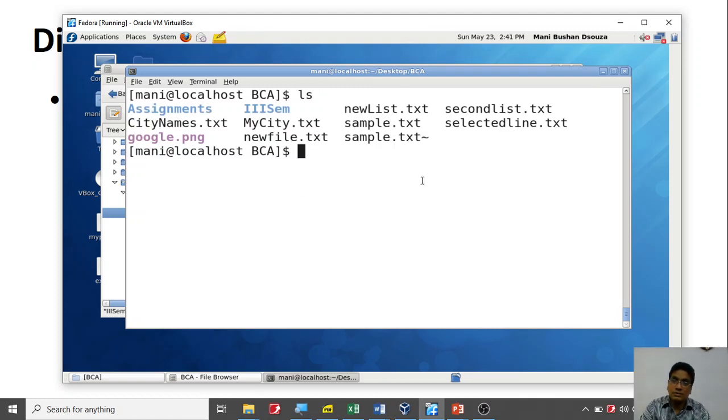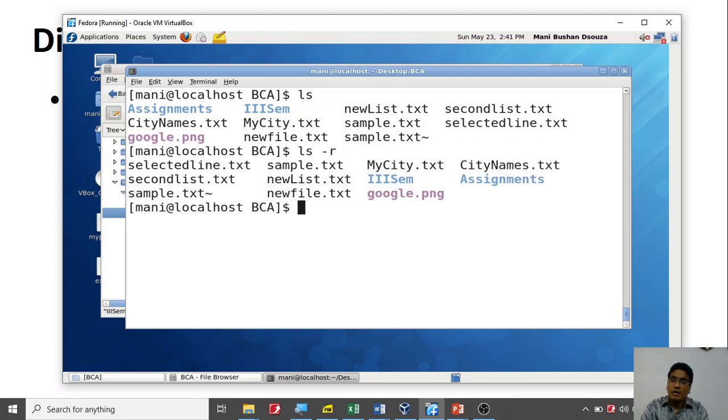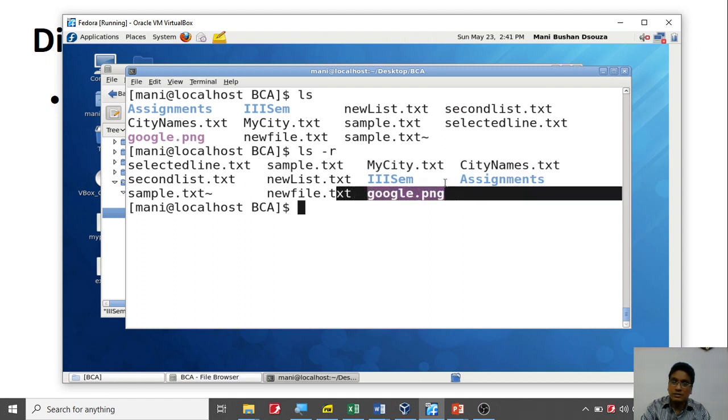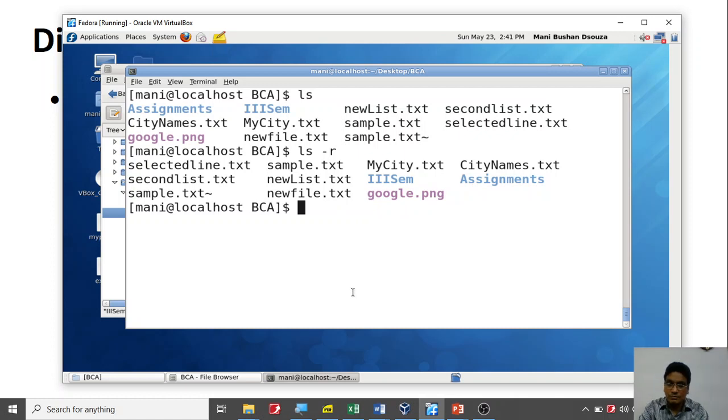So you notice this one, I'm going to say ls -r, and you notice that selected and these things were first. So you have selected, sample and so on and so forth, and finally the G comes later and so on.